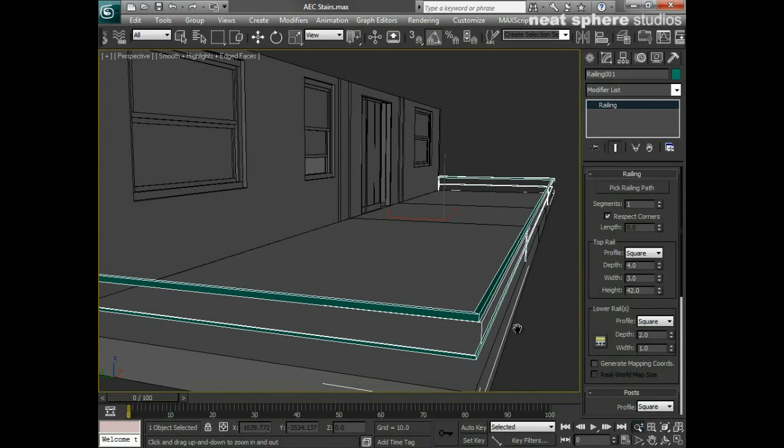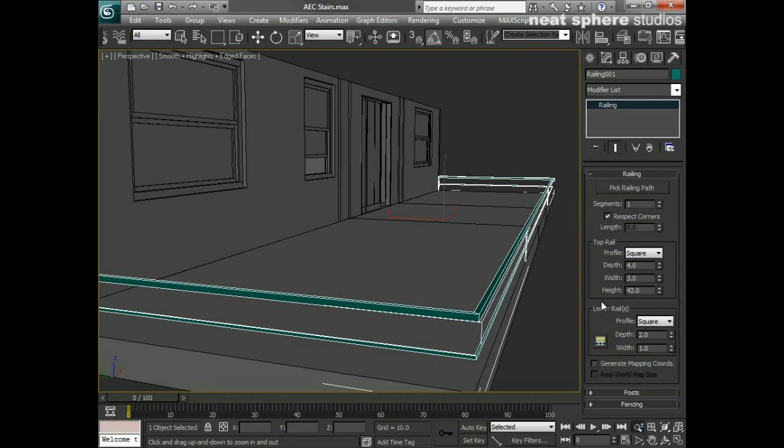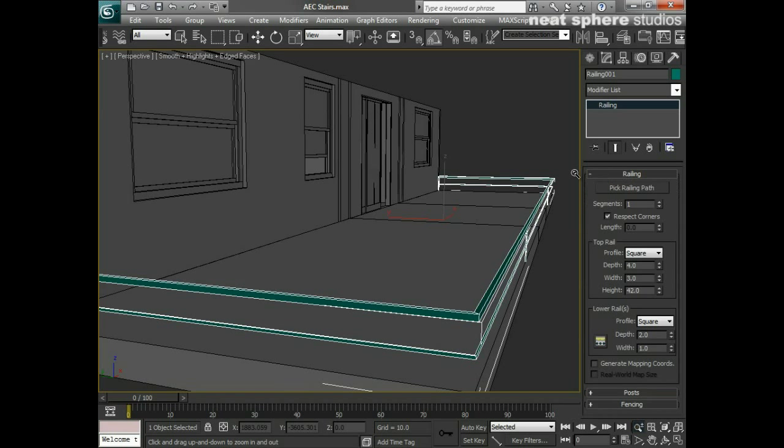So now we can do exactly what we've done with all of our other AEC extended primitive objects like the windows and the doors and what have you. We're going to just go through this list of all of the options one by one. Let's just close these up so we can see all of them. Go through these one by one and just change the parameters. So here's my railing. I've picked the path, I've got the segments, we've got a profile for the top rail